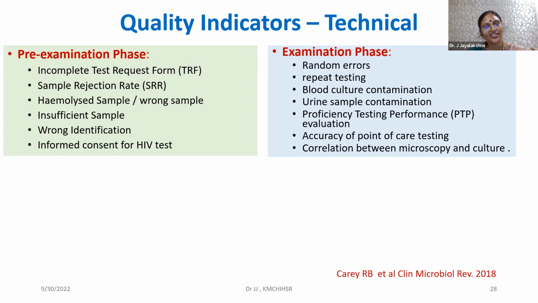Sample rejection rate, how many of your samples are getting rejected? First of all, you should have a good sample rejection criteria defined, and then you set it up and do it. So you need to look at the sample rejection rate. Then you also look at the hemolyzed samples or wrong samples. Hemolyzed samples are one of the highest scorers